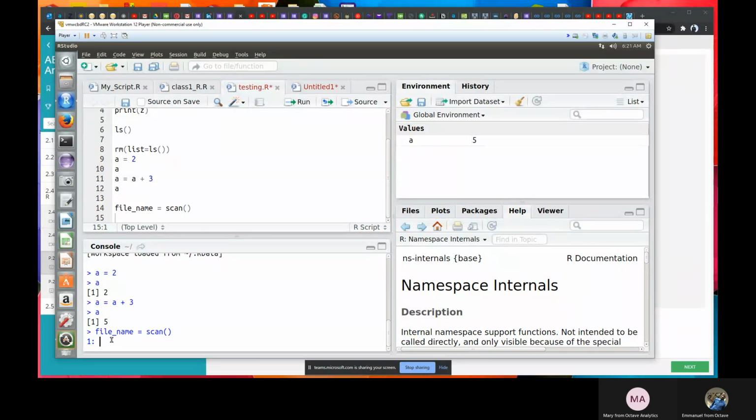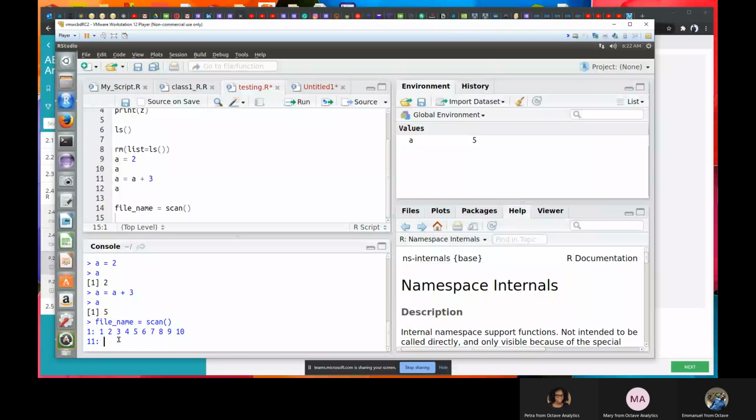It tells me that I can put whatever I like here. So let me say I want to put 1, 2, 3, 4, 5, 6, 7, 8, 9, 10. Let me see what's going to happen. If I press enter, it tells me I've entered 10 items, and it's giving me the 11th line. But if I press enter again, it assumes that you are done entering your values, so it's going to save it to the object file name that you have already created.